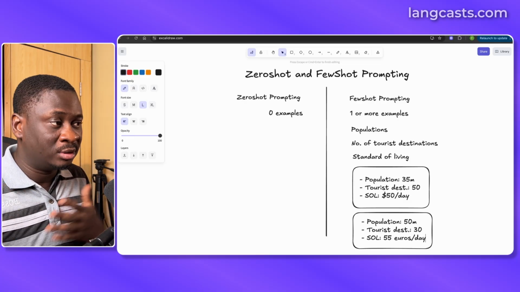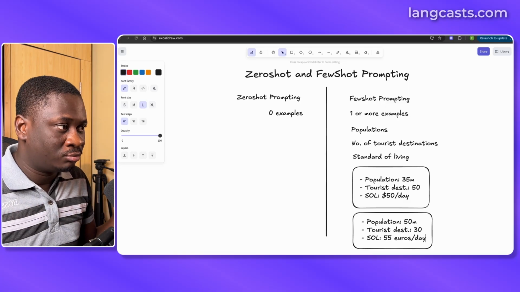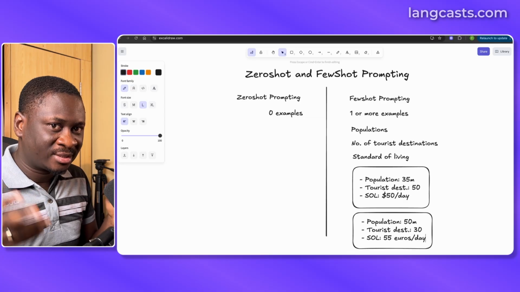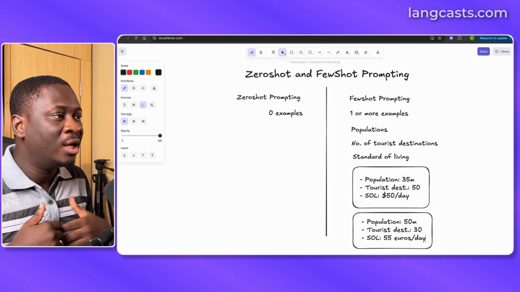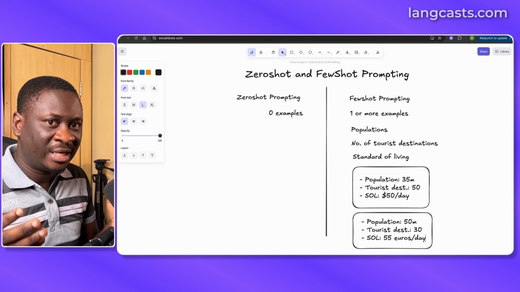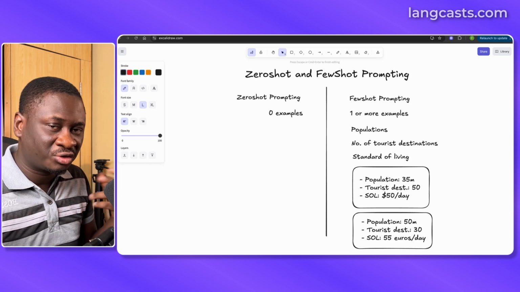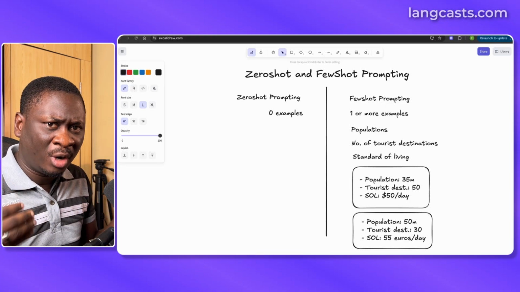Like yeah, the first example shows the amount of dollars I can survive on per day, but with the second example, you show that it can also give you the amount in euros. So the model can even get smart and actually present it in the country's currency. So you can continue to give it more and more examples.